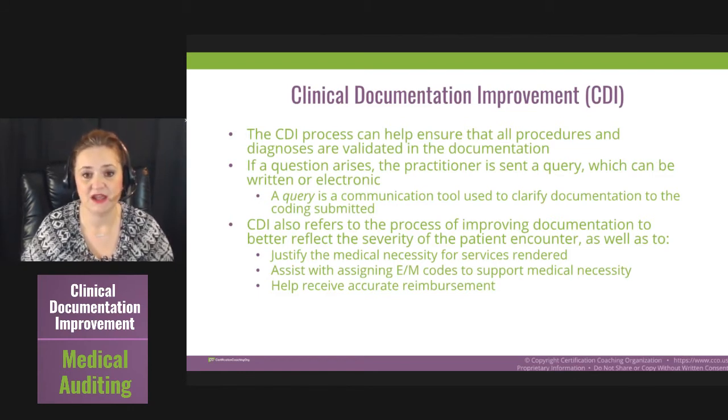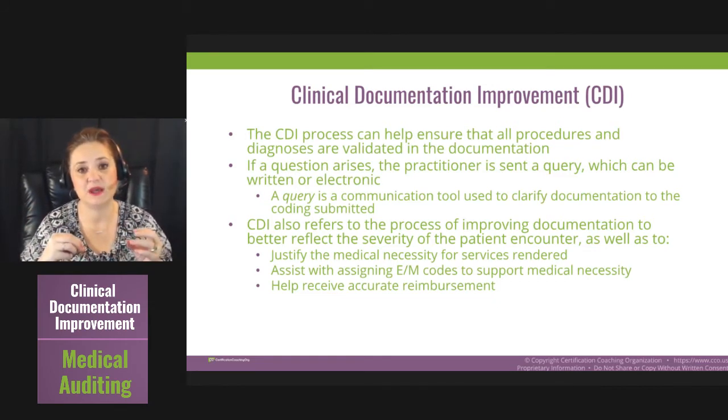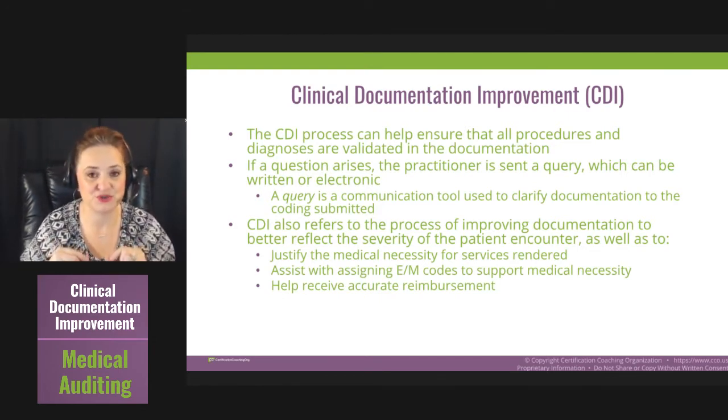It's as simple as that. I always suggest bribing with chocolate, but maybe your provider doesn't like chocolate. But again, that's where, as the auditor and the CDI specialist, you have to have good communication skills, right? You have to be able to bend. You have to be able to take criticism, and you have to be able to communicate as well and give constructive criticism,